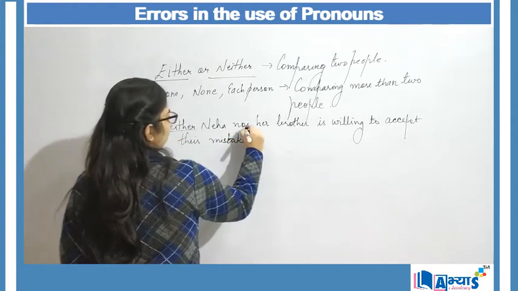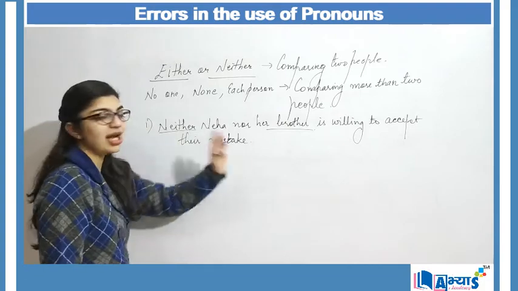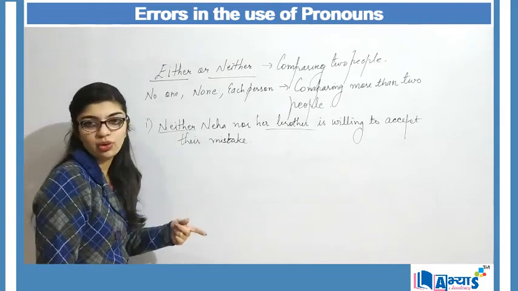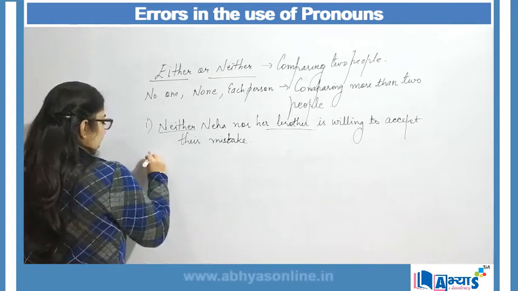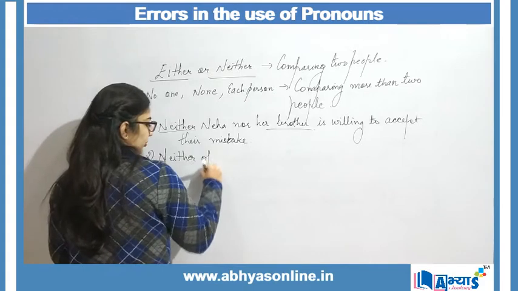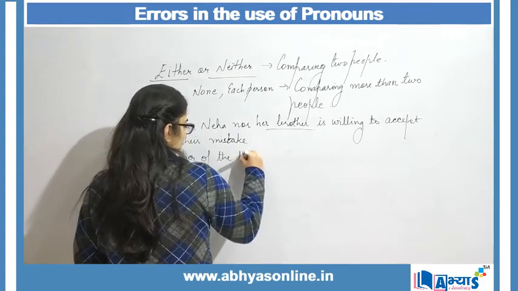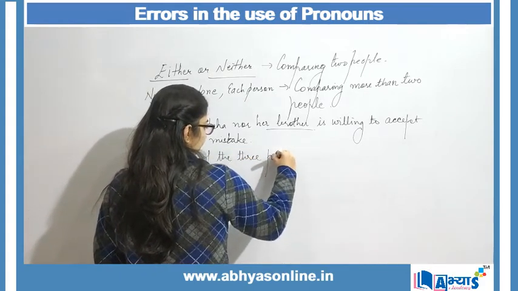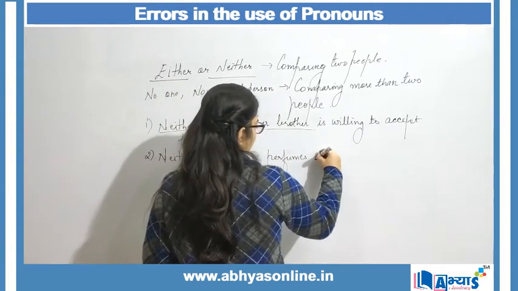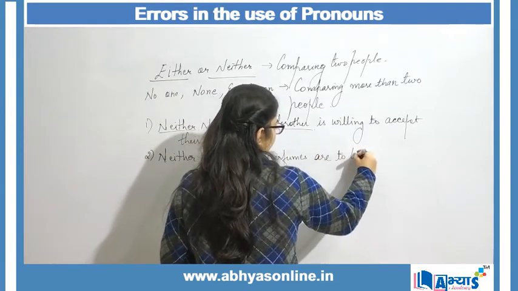Here I am making a comparison between Neha and her brother, which means that we can make use of neither and nor. But when I say "neither of the three perfumes are to be found"